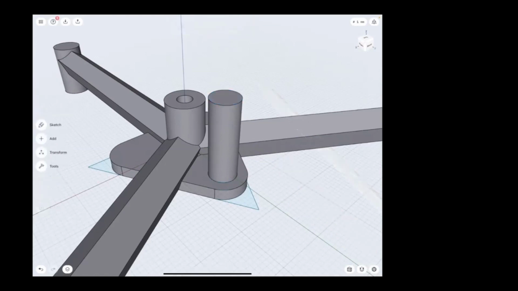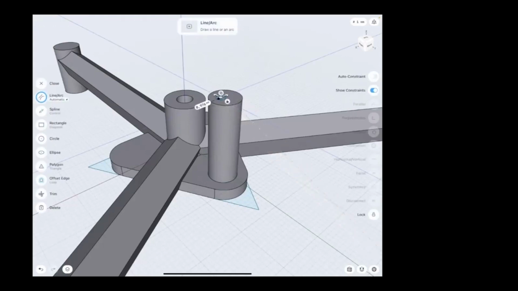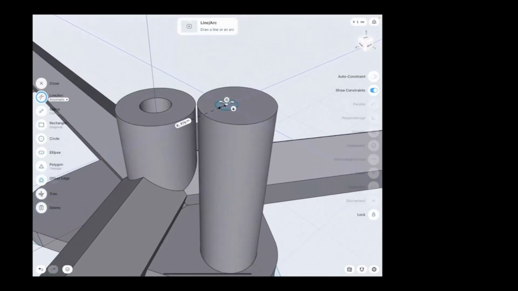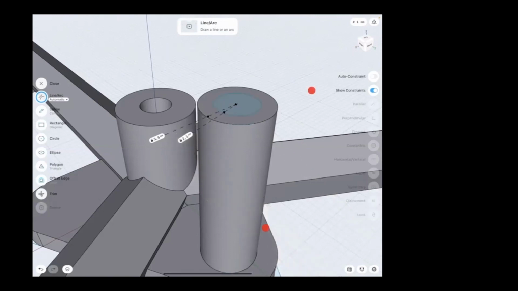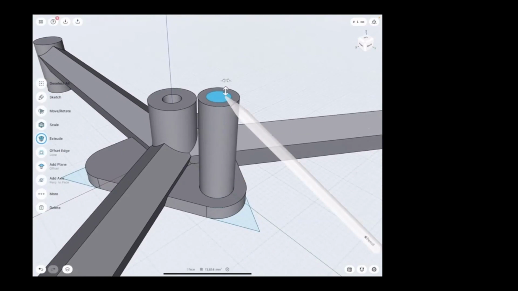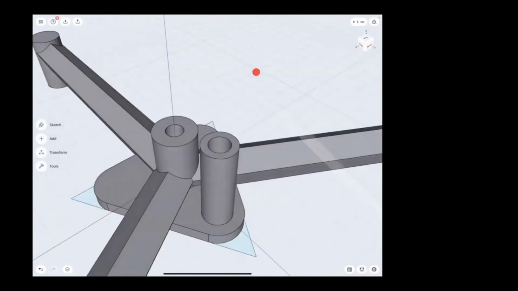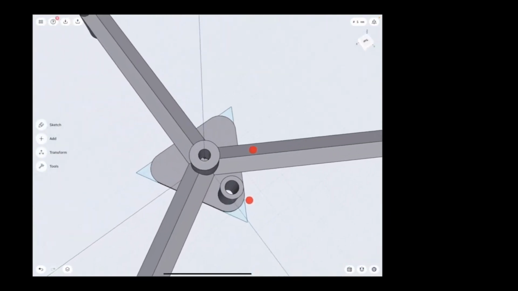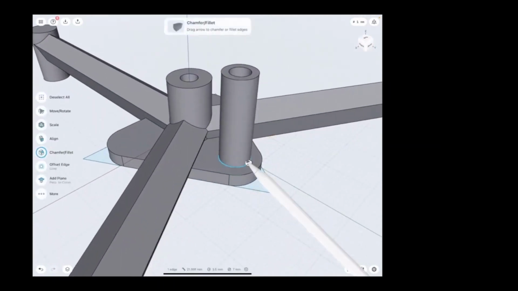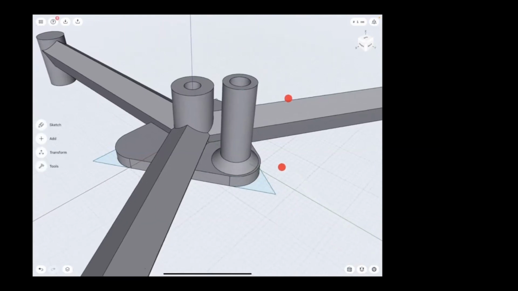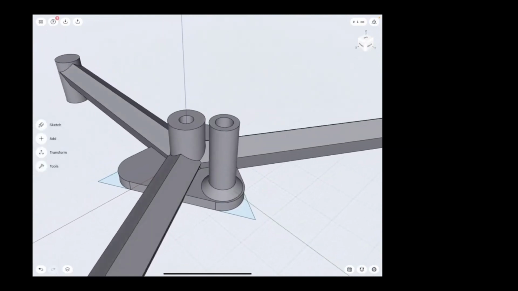There I have the screw domes, and I will need a cut-through hole for my M4 screws. So I'm gonna create another circle on the top face of that dome, constrain it to be concentric with the edge of the dome, and define a radius of 2.1 millimeter. Extrude in a way the cross-section results in a cut-through hole. And this is exactly what I was looking for in this case. Let me add some material by applying a chamfer at the corner, and then I can start to array this